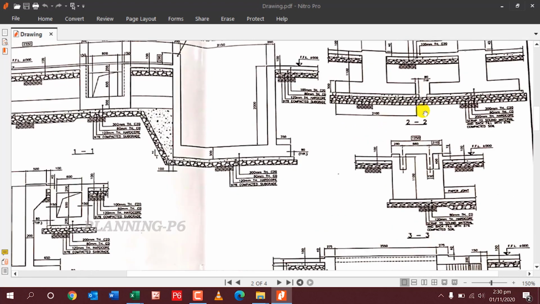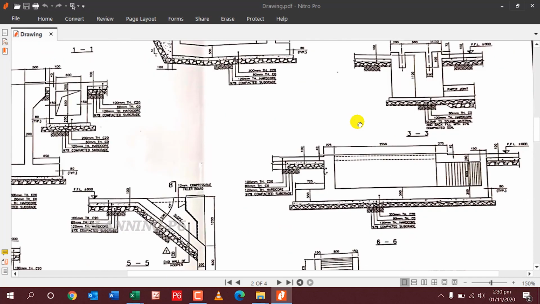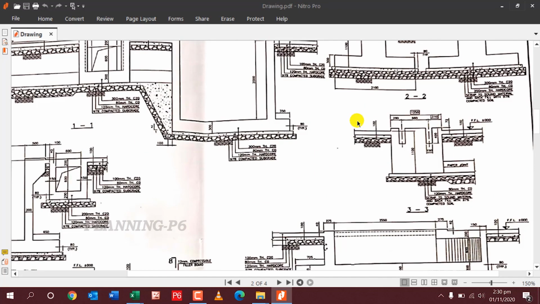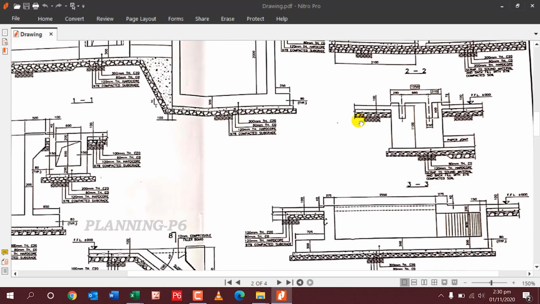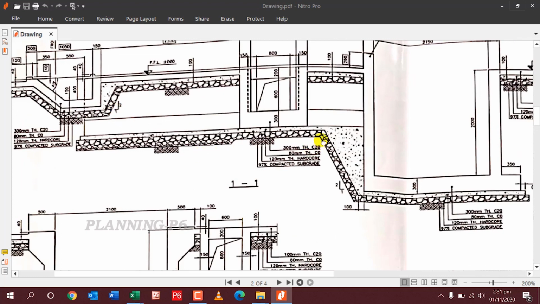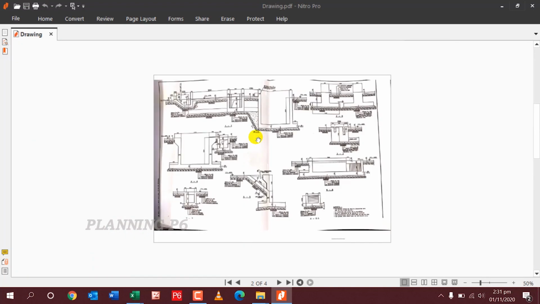When we go to scheduling, we will manage it for that purpose. I will also show you how we can get a section for a critical area. At this level we have concrete throughout, up to the center line.